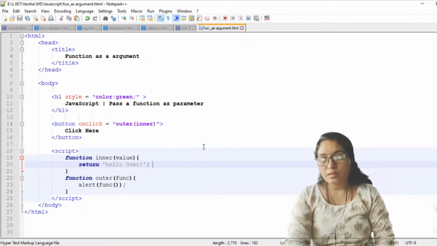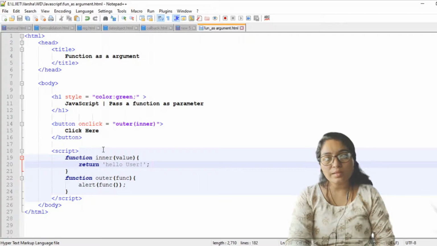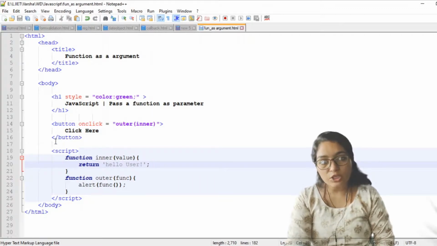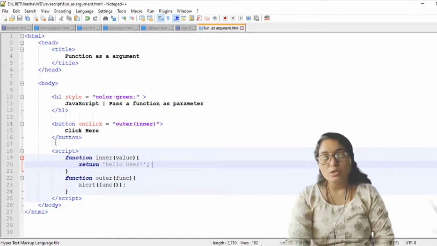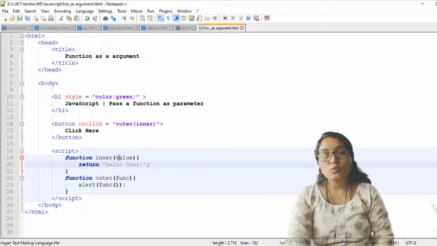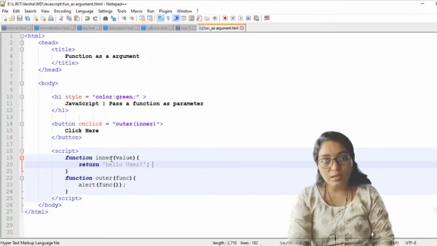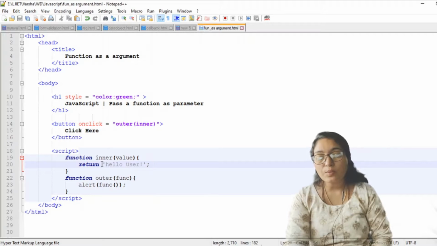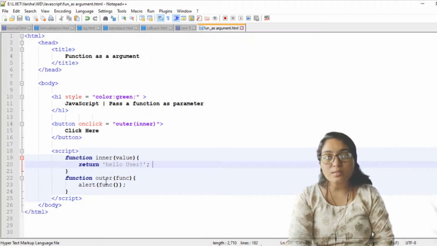Okay, see another example. In this example we are calling the function on a button click event, so we can say we are handling the event. Whenever the button is clicked, it will display the output hello user, because this is the inner function and this is the outer function as we have seen in the slide. The same practical is written. Whenever you call this outer function, it will call this inner function.